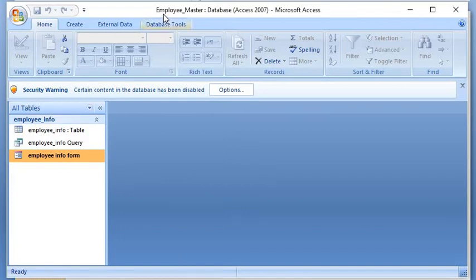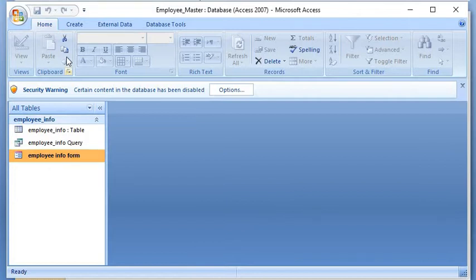So we have our database Employee Master. We have one table, employee information. Last session we saw how to create a query on the table employee information, and how to design a form for inserting employee information.